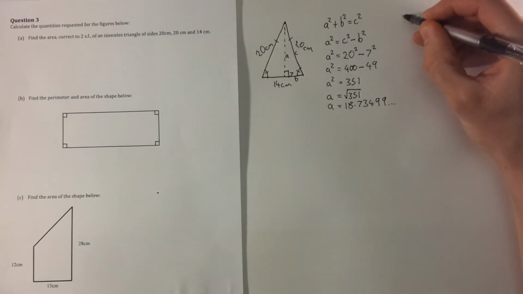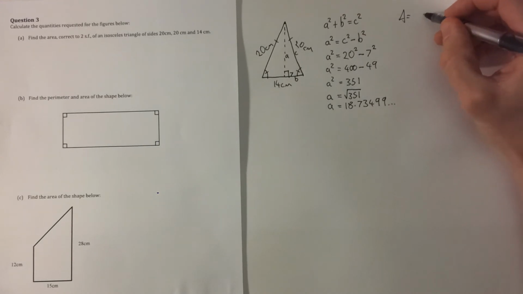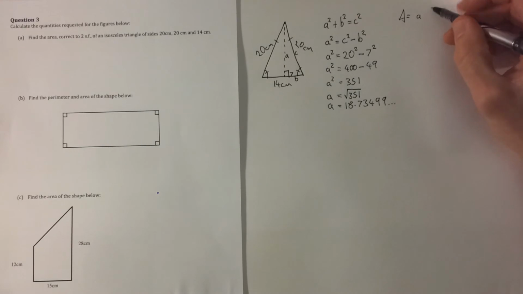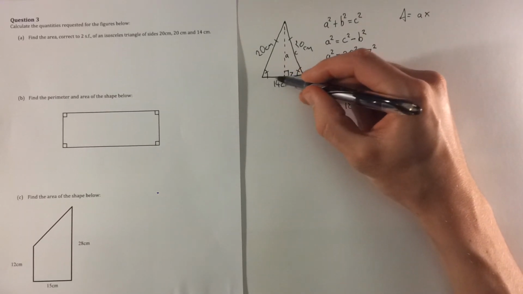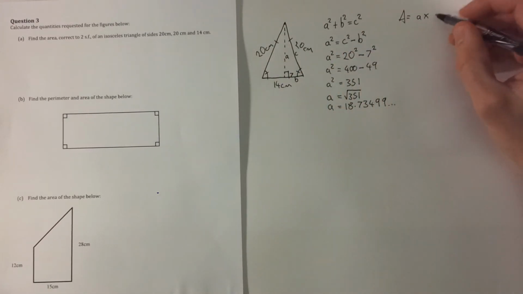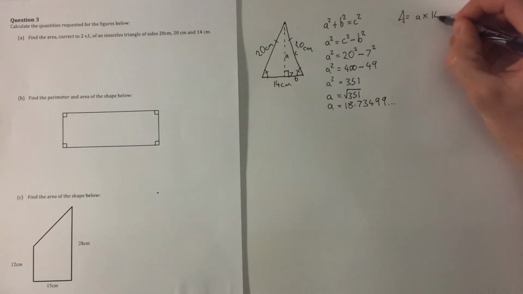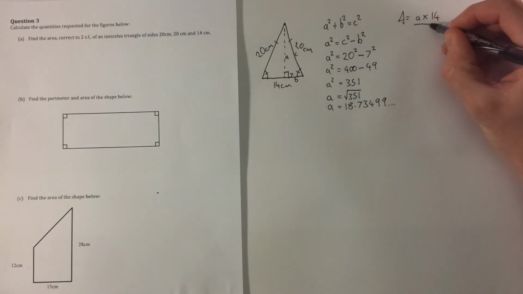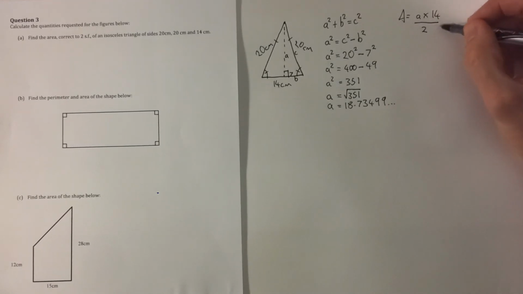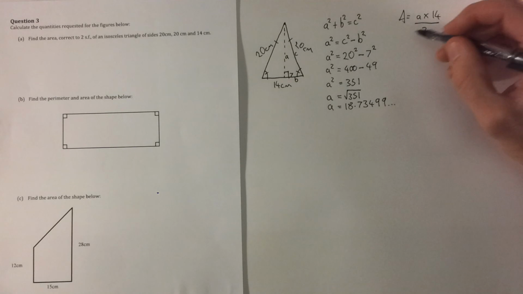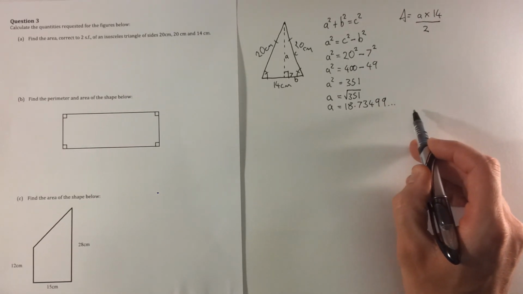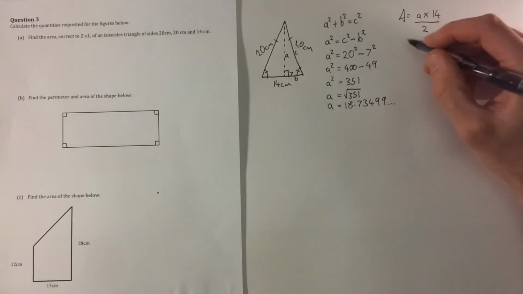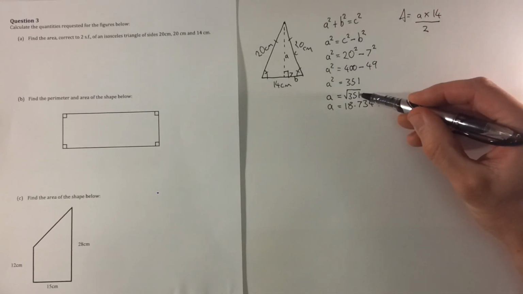So in order to find the area of the triangle, we take our perpendicular height, which in this case we've called lowercase a, we multiply that by the base of the triangle, which in this case is 14, and then we divide that by 2, and that will tell us what the area of this is. Now because A here is a long string of digits that goes on infinitely, if we just call A root 351,